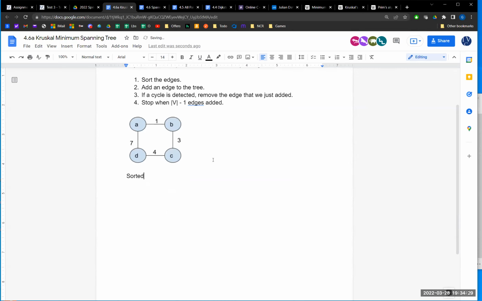So our sorted edges: we have AB, BC, CD, and then AD. So we'll go ahead and just start adding, and since this one's quite simple,